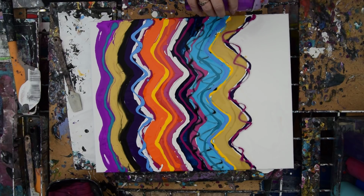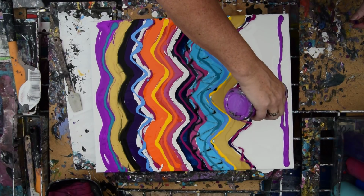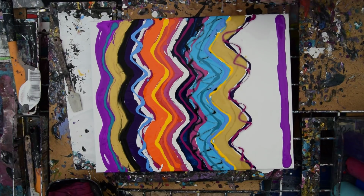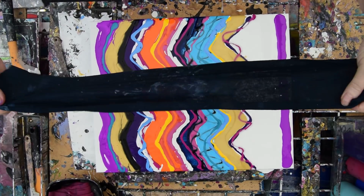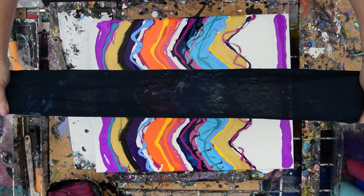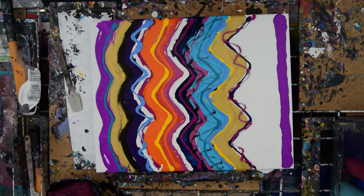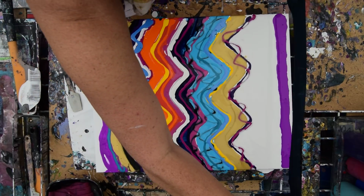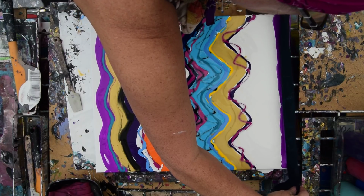There's my rag. Here's my purple. Feeling kind of brave and very brazen. Alright, so if I didn't show you quickly enough, this one's kind of long. I think it's actually for a 24-inch canvas, but that's the hem right there. Now what I usually do, and what I'm going to do again, is fold the excess and hold it at the place where it's the same length as the canvas. I'm going to dip it in, let it lie down flat, at least the width of the hem, push it back over the edge,